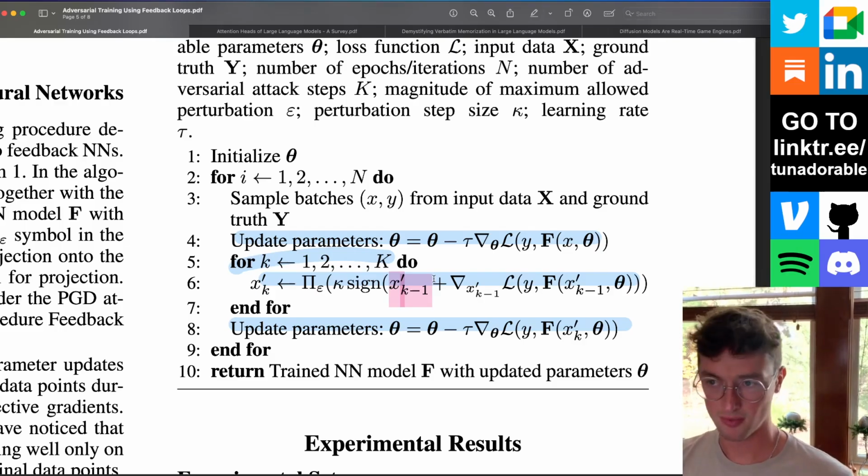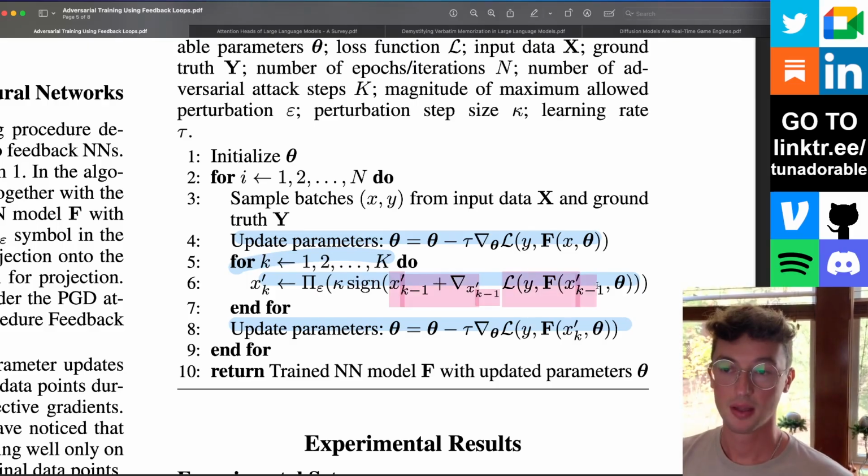But if you're just doing one step, I believe you can just ignore that part. Then you take that value and you can actually ignore the magnitude of the gradient. You're just looking for the sign, positive or negative, and you multiply those ones and negative ones by the actual step size of your perturbation.